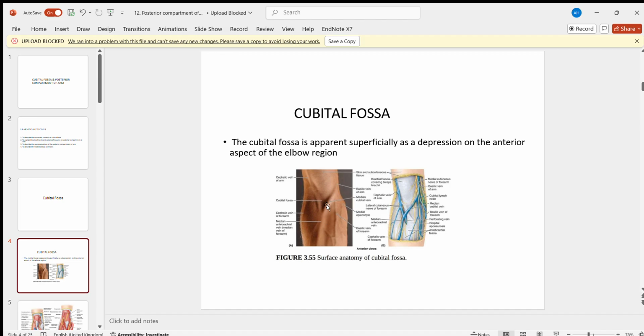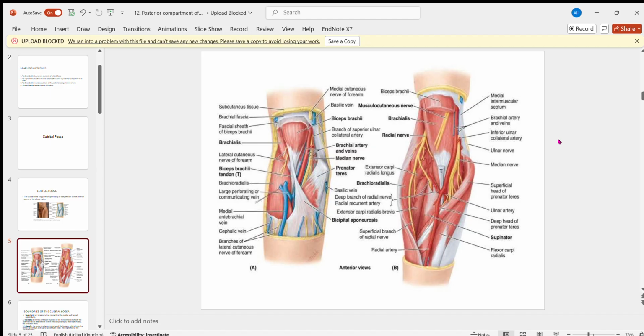deep fascia. And the superficial fascia has the cephalic vein, the basilic vein, and the interconnecting median cubital vein. Now, the boundaries of the cubital fossa are such that it is bounded medially by the pronator teres, laterally by the brachioradialis, and these two muscles meet inferiorly to form the apex of this triangle, and the base of this triangle is formed by an imaginary line that is connecting the two epicondyles of humerus, that is the medial epicondyle